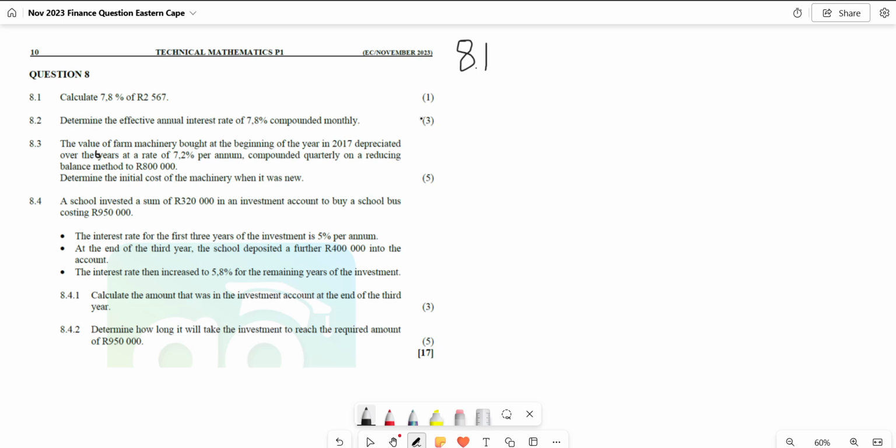We start with 8.1. In 8.1, we are required to calculate 7.8% of 2,567. The question requires us to find, in rands, 7.8% of this money. How do we go about determining 7.8% of this amount? We start with that particular amount, and the amount we are required to find is 7.8% of an amount equivalent to